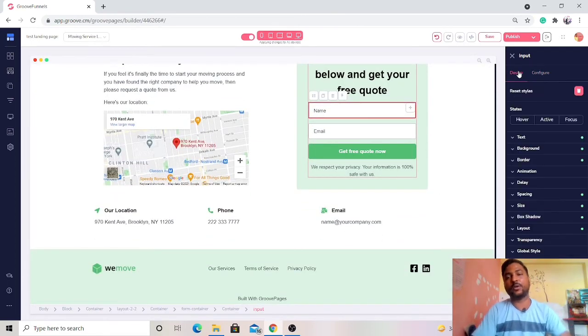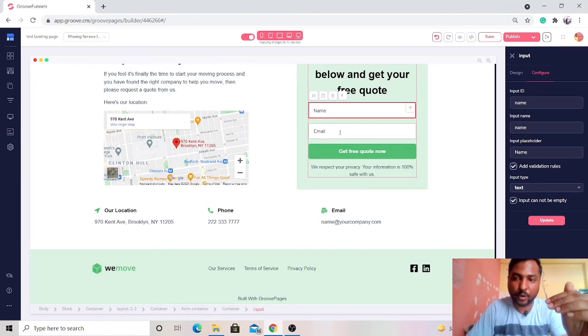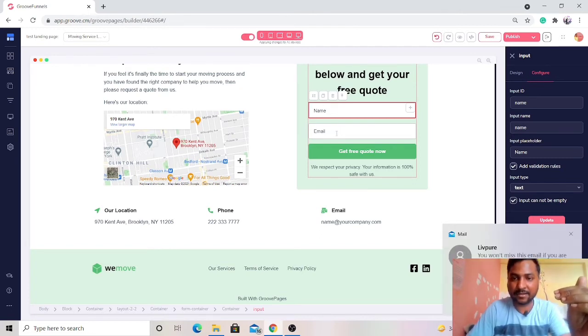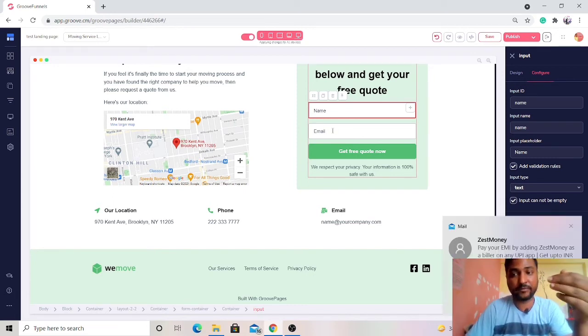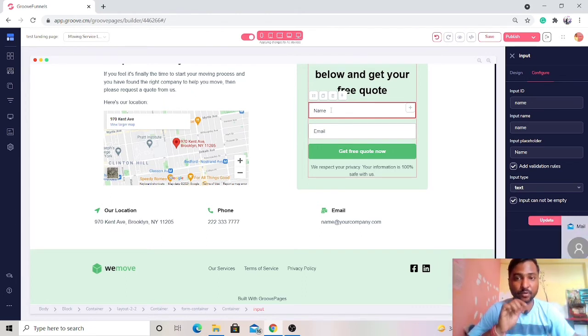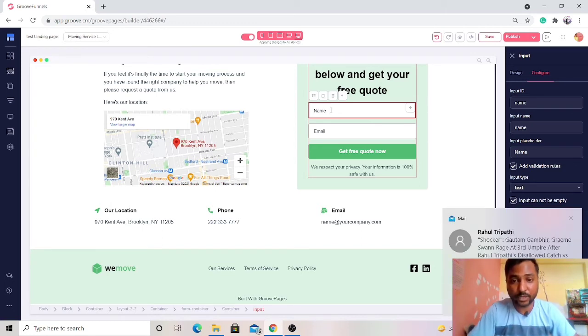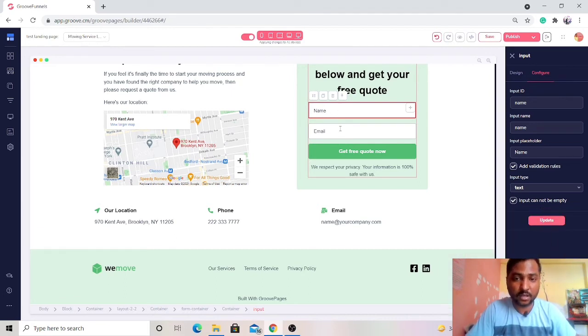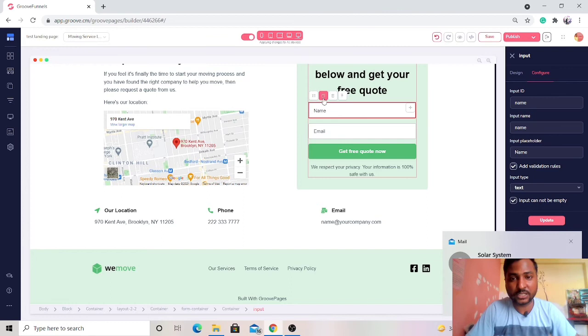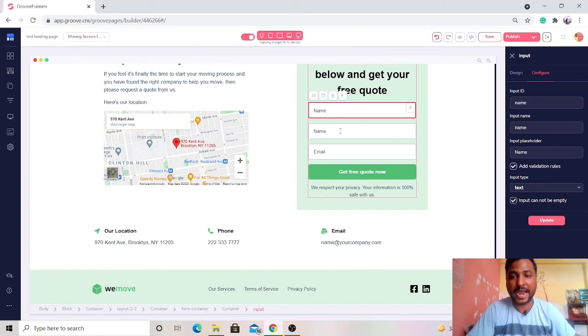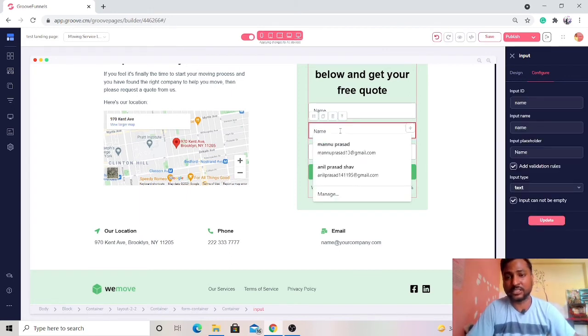And before going ahead, let me tell you one more thing: if you want to make any kind of changes to this form over here, you can change the name and email address there. If you want to put it blank, you can put it blank, and the customer will not see anything. But just for reference, you need to put something there, so the customer will come to know what they actually have to do in this particular field. If you want to add one more block, one more filling area, you can just copy the one over here like this, and you can see the one is added there, and you can make certain changes with that.